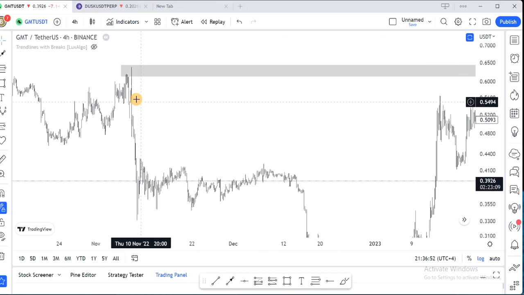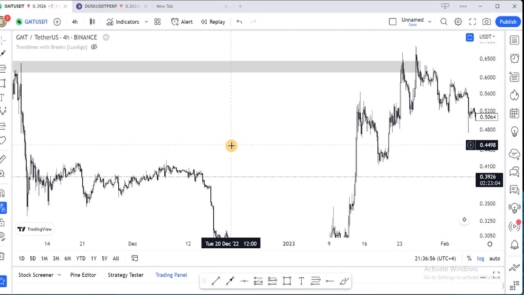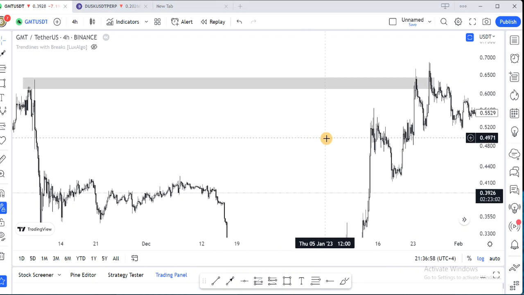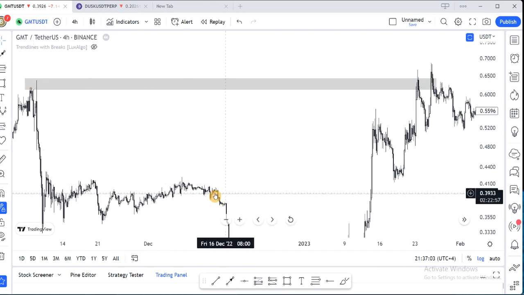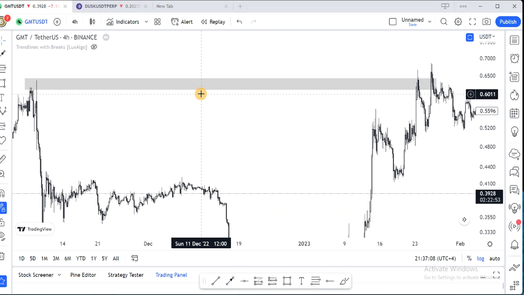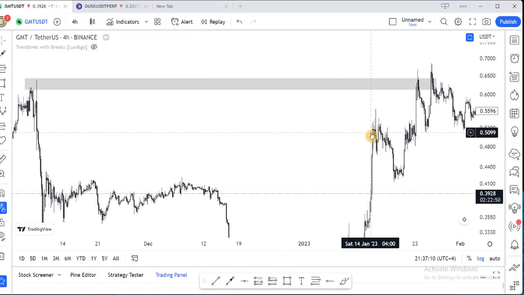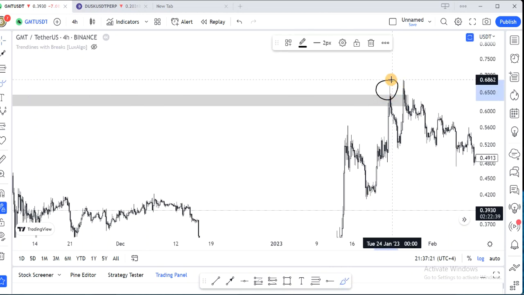What happened here? It got to the resistance level and it still started dumping. So what could I have done here? I monitored this resistance level as usual, the same way I did here, to see if a breakout or a breakdown will occur. I will monitor this level, and at the first hit, it couldn't break out. So I know this particular area is now a weak point.